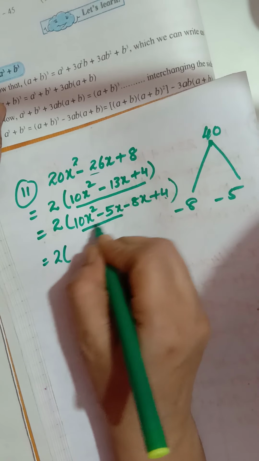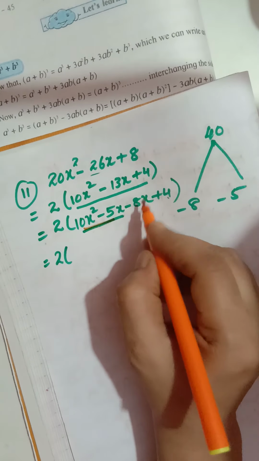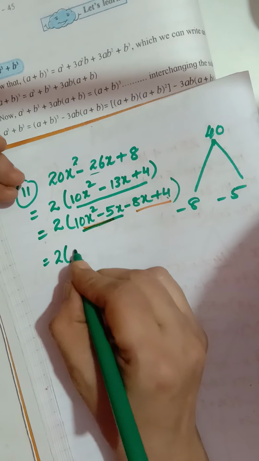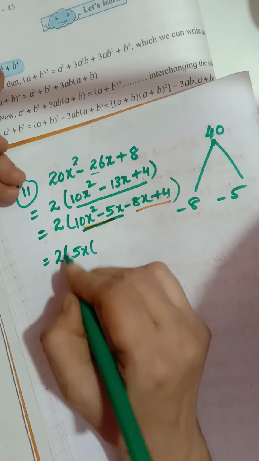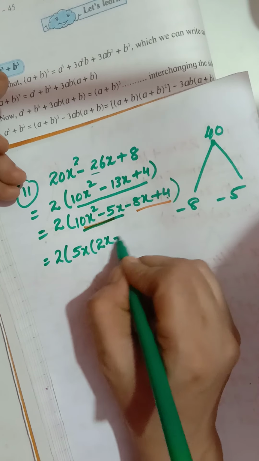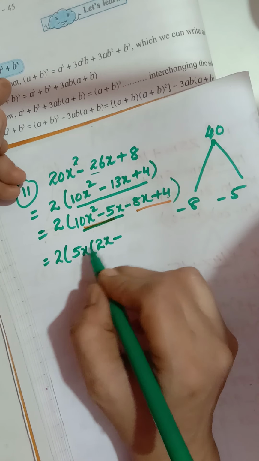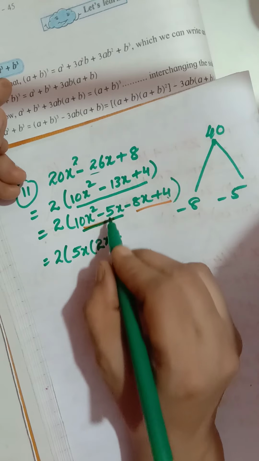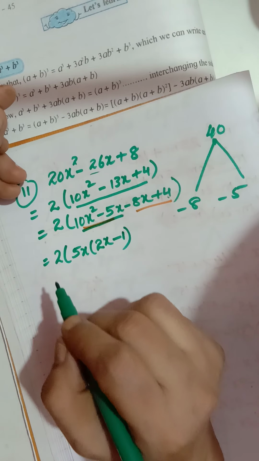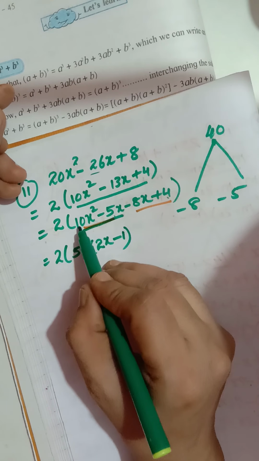Now from these two brackets, from this term we are removing the common factor, and then from this term. So from this term what is common? 5 is common and x is common. Now 5 2s are 10, so 2 and 1x is remaining, minus. Now see children, 5x everything I have taken common, so nothing is remaining. Then whenever nothing is remaining, 1 is remaining, you have to write 1. Clear?